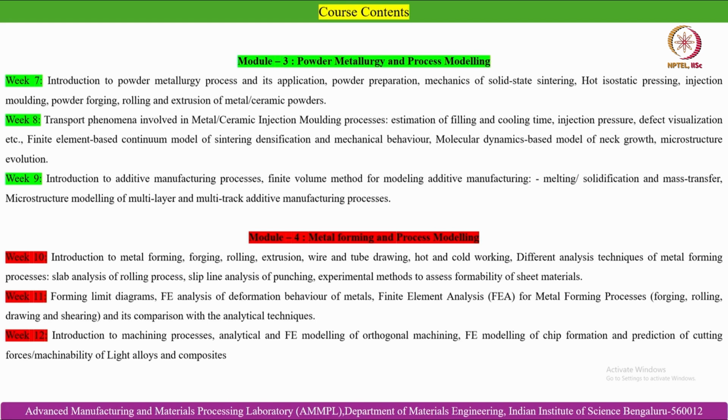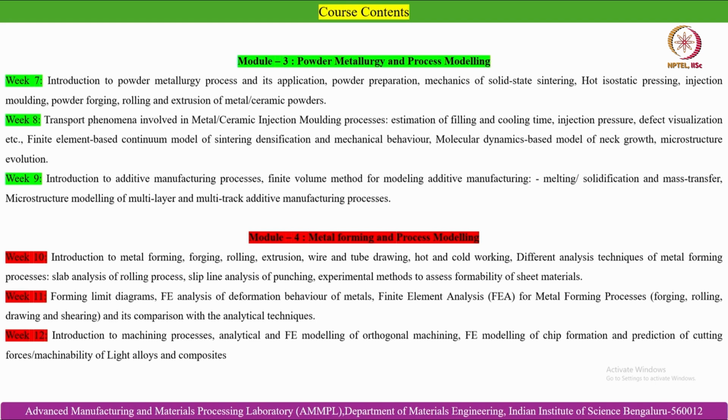So here one thing is important. The goal of developing these numerical models is twofold. Number one, it is important to learn those to optimize the process conditions to get the desired quality characteristics, and also to investigate the physics involved in the process. So with this twofold goal, we will discuss how to develop numerical models for powder metallurgy processes,